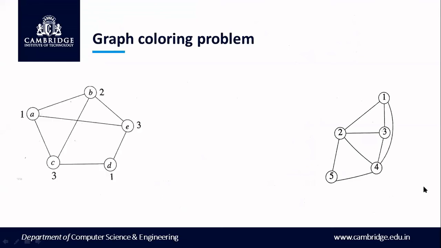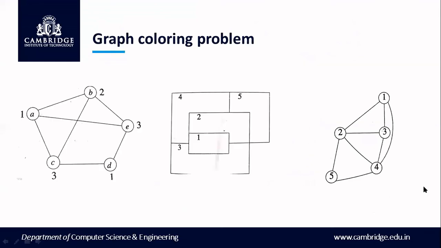Then there are a few examples which you can try. The first example, as you can see here, has 5 vertices and we have 3 coloring. We need to color with 3 colors. So you can try this. The problem can also be asked in this way, where you have the blocks given and you need to color them. In this case, we need to convert them into the form of a graph.